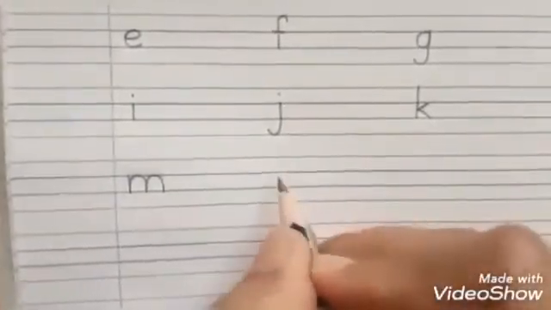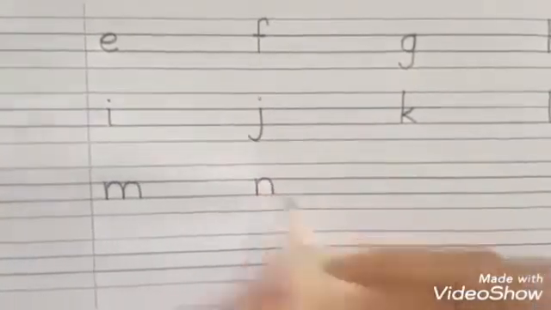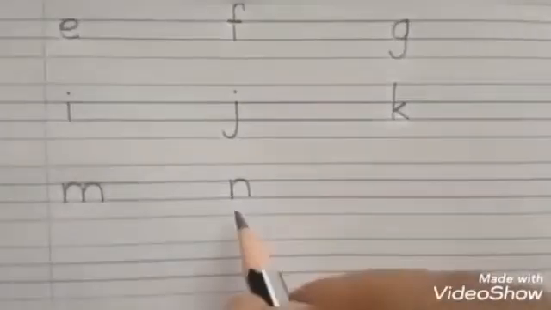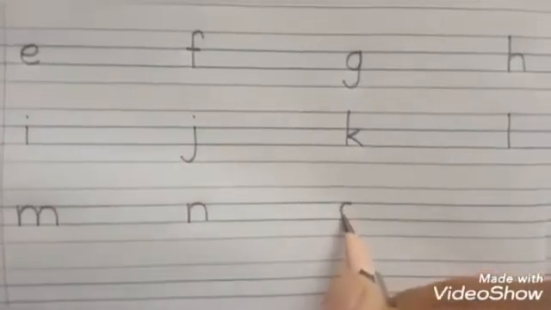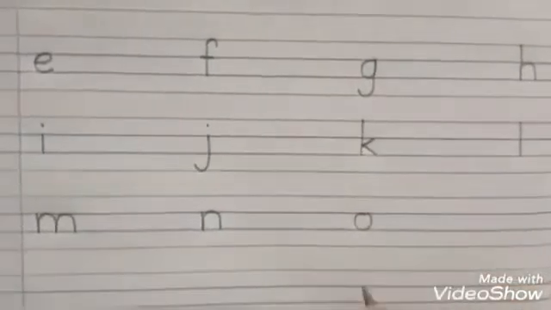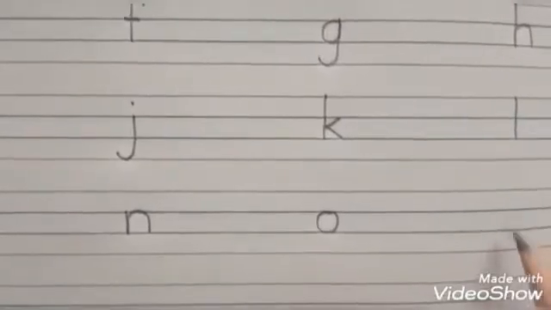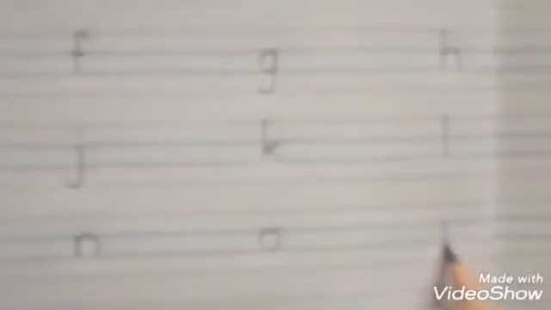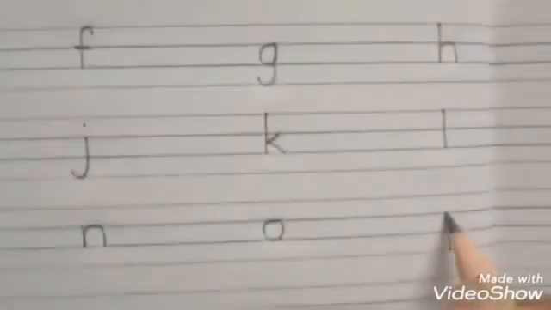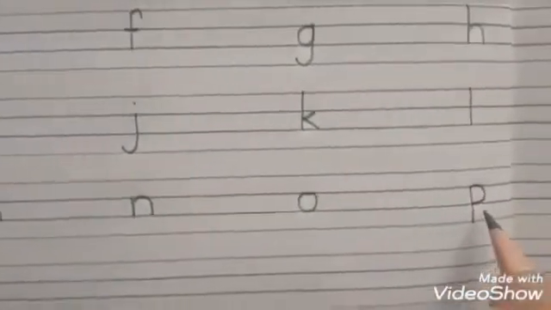Now after M, N. Right below J you will write N. Standing line and a single bumpety. N. Now after N, O. Between two blue lines. O. And then below L you will write P. Again for letter P you have to touch the bottom red line. So start from the first blue line, come down standing line and then from here reverse C, letter P.